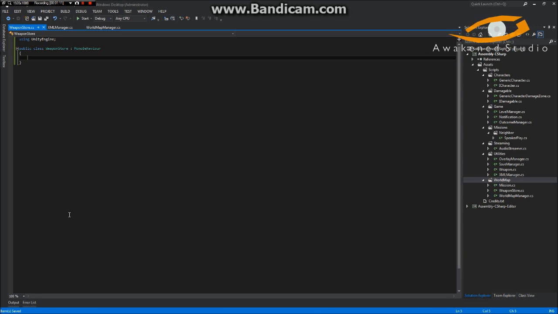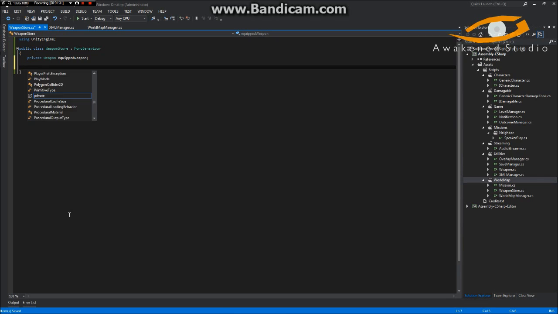What we'll do is make a private weapon and call it equippedWeapon. And obviously we're going to have to change up this weapon based on the things we buy and equip through the store. But for now, we'll just serialize this information. So we'll do void SaveEquippedWeapon,